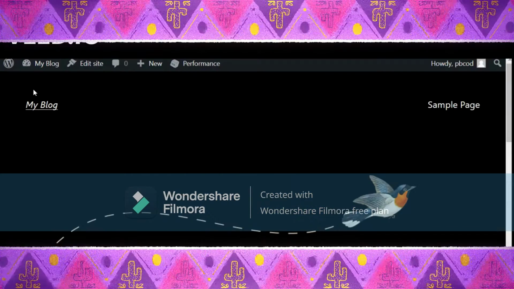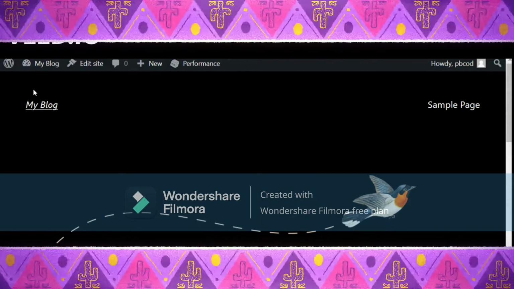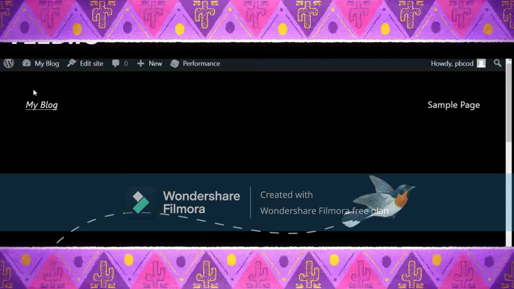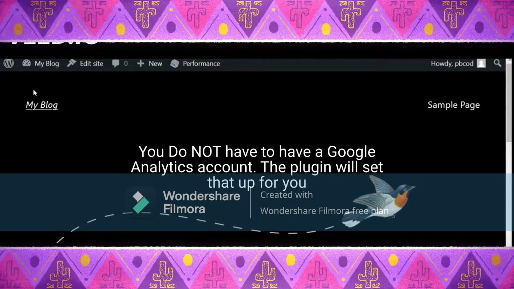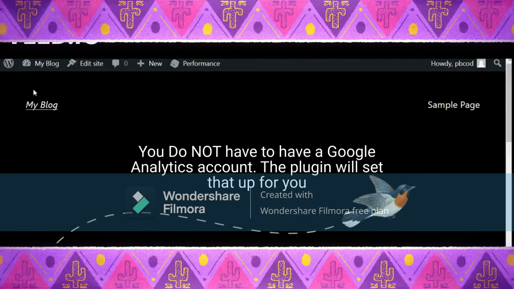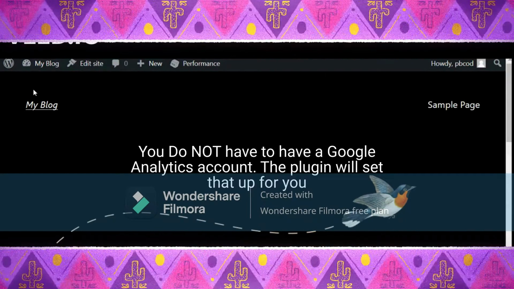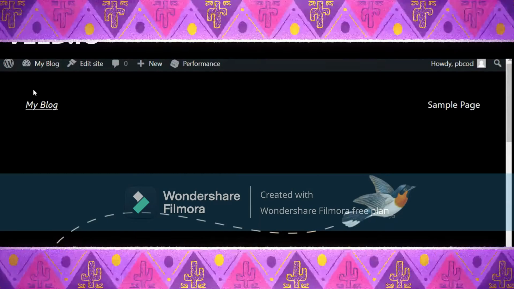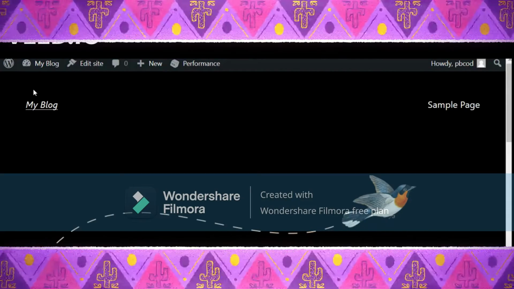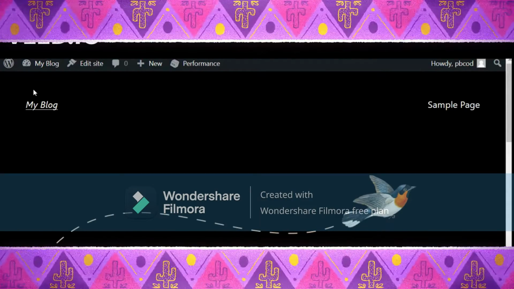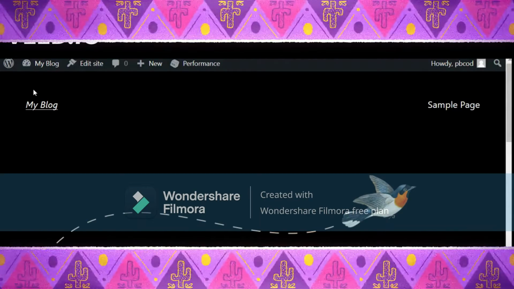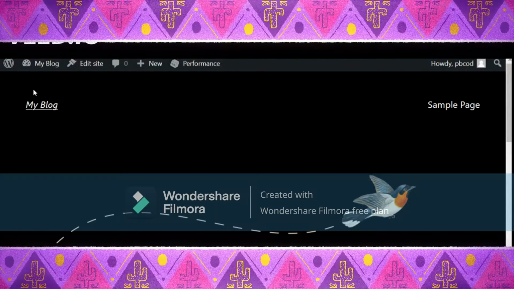Before I begin, I want to let you know that I am assuming that you already have a WordPress site and that you already have created a Google Analytics account for that WordPress site. But you just need to connect the two in order to get that data from your website to your Google Analytics site. So this here is my demo site, and this is the site where I will be adding my